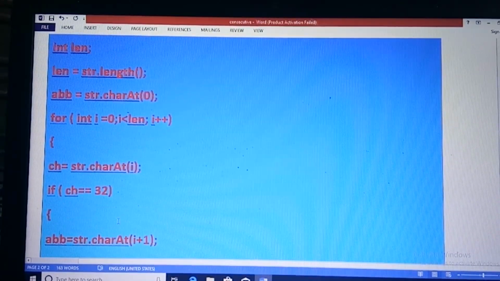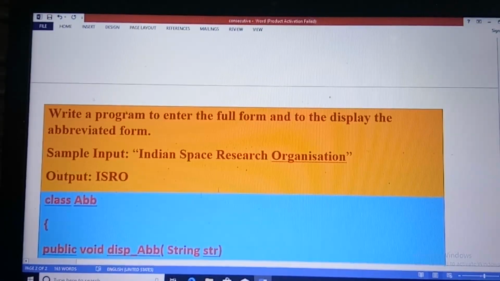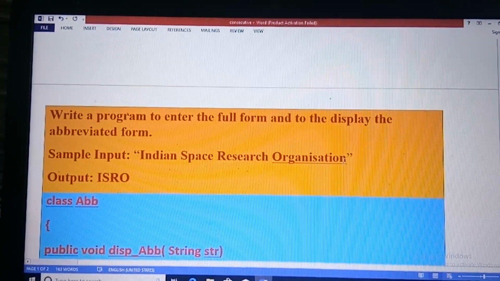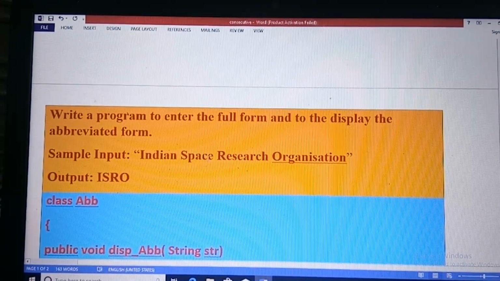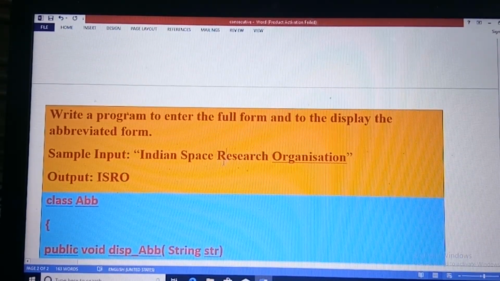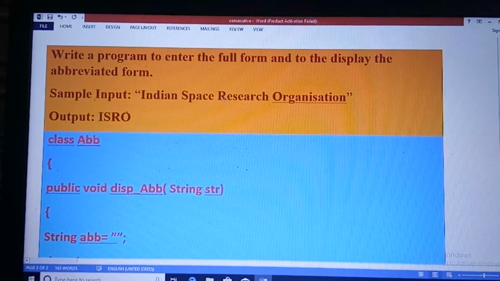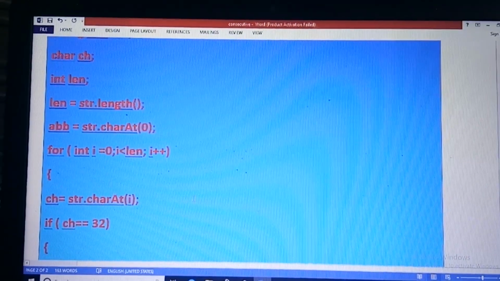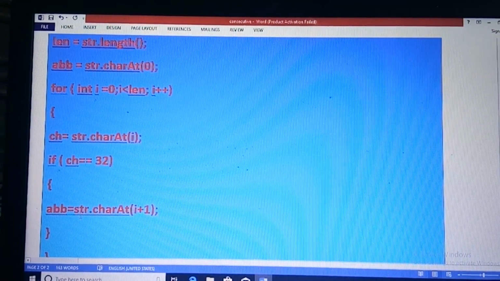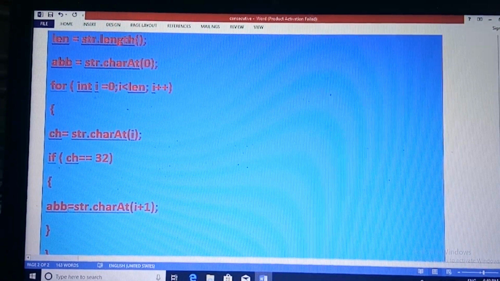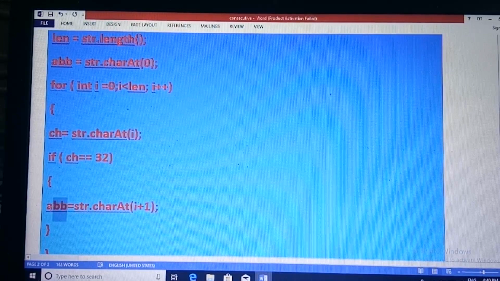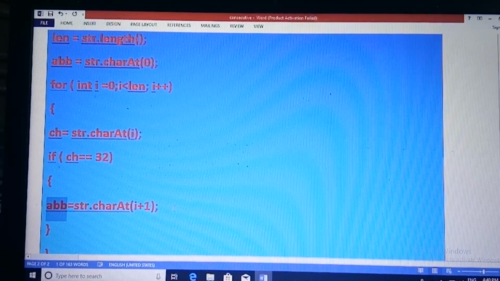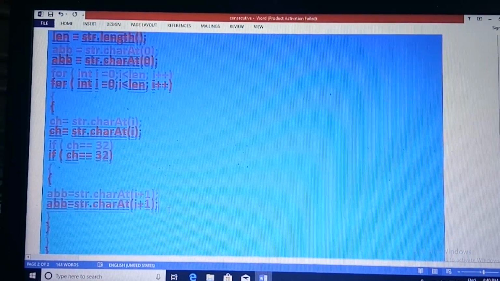So this process continues till the last alphabet, and each time when a space is found, the next alphabet will be stored in the variable ABB, and this goes on concatenated each time.